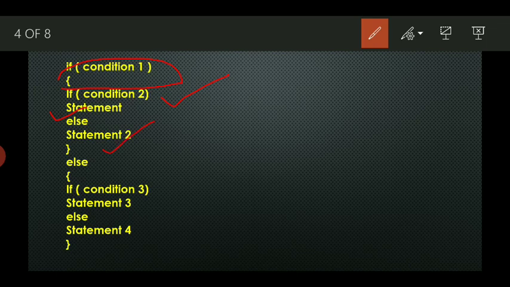Now if condition 1 is not satisfied, then we will not enter this brace, we will enter the else brace. In the else part we check if condition 3 is satisfied, then it will display statement 3, and if it is not satisfied or if it is false, then it will display statement 4.